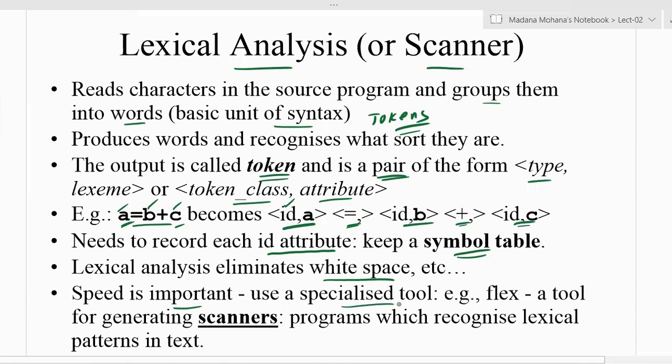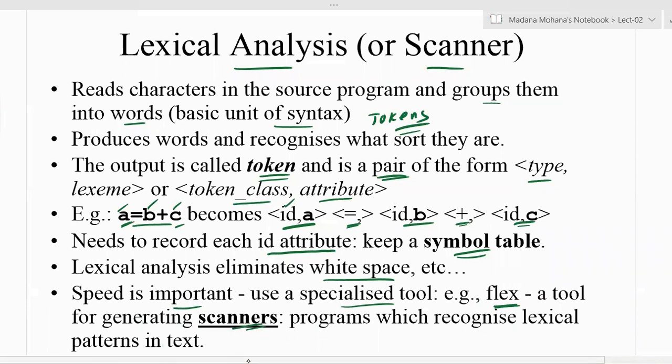So use a specialized tool. That is the automatic lexical analyzer generator tool, which is called Flex. This tool can be demonstrated practically in the compiler design lab. It is a tool for generating scanners, programs which recognize lexical patterns in text.